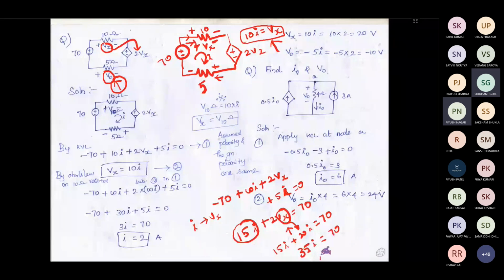So for this assumed current direction, we got the current as positive. It means that the assumed current direction is correct. Now if you want to find the voltage across this 5 ohm resistor, the voltage is nothing but 5 into 2, that is going to be 10 volt. But this is the 10 volt for the assumed current direction. Now in the question, they have asked the voltage polarity in this fashion, but our polarity which we have considered for solving the problem is like this. So whatever we had obtained should be opposite, that is equal to minus 10 volt.